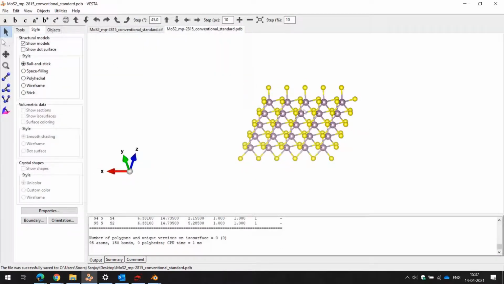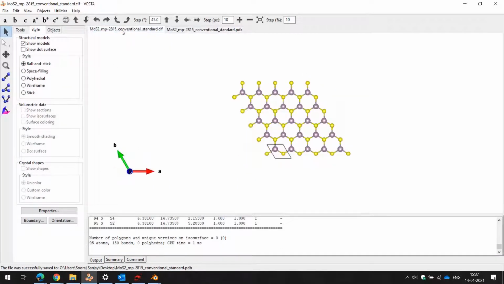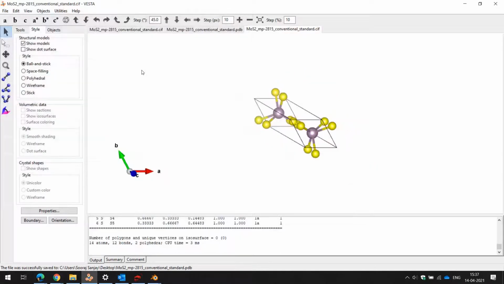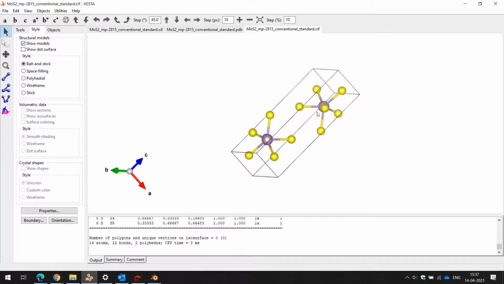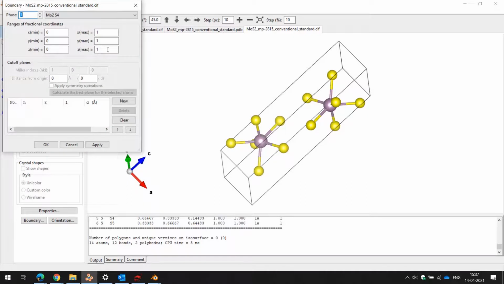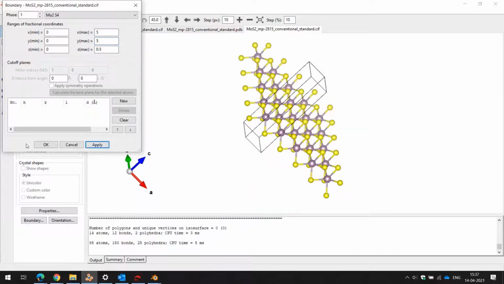So I have opened it again. Typically it opens like this, where one primitive lattice is shown. For MoS2 devices, you need a single layer of atoms, with single or multi-layer as per your requirements, with a certain area, right? So you go to objects and boundary, and for single layer set Z to around one layer thickness. So let's set 0.5, and let's set 5 by 5 to get around that number of angstroms there,